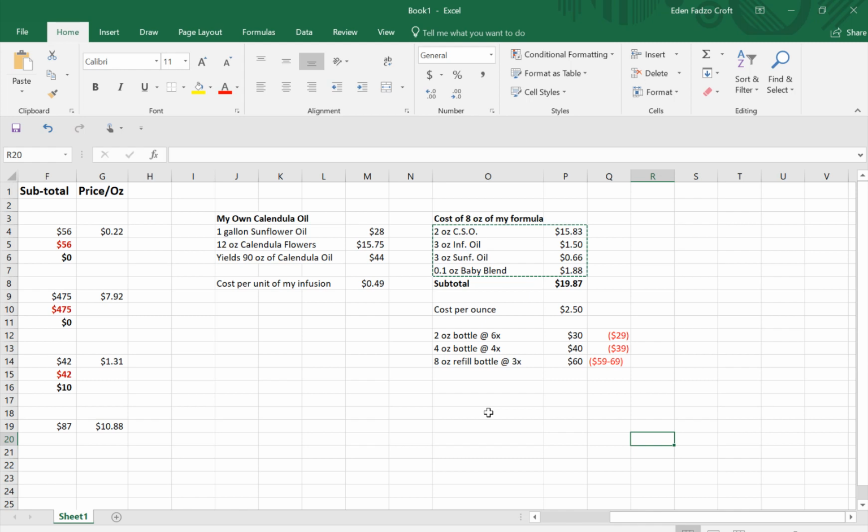And then with the 8 ounce is probably where your profit is going to be the least. You're going to get, I believe it's going to be 16, let me see. Oh no, wait. 8 ounces into 320. Oh, sorry, 8 ounces into 240. That's what I was saying. So 8 ounces into 240, you're going to get 30 bottles. And if you're charging 60, so 60 times 30 is 1800. So you're just going to make double your money back about if you only do the 8-ounce bottles at 3x,